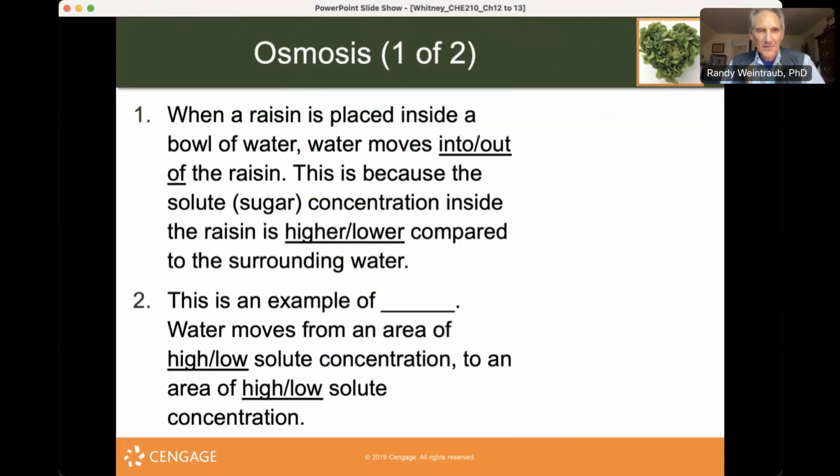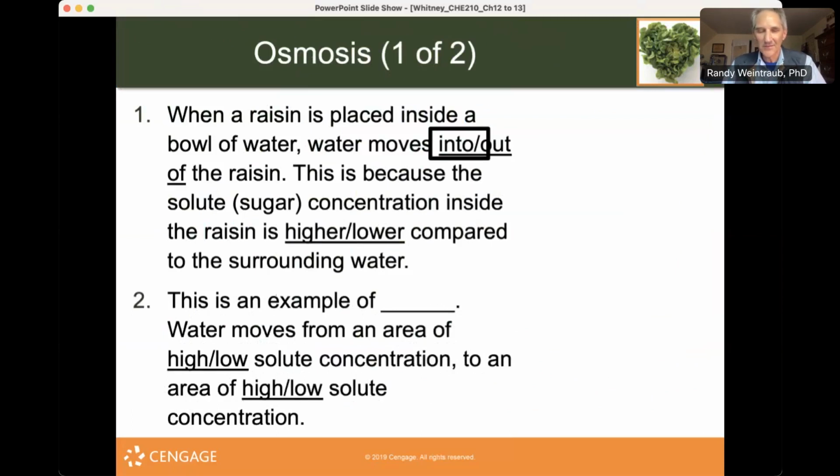When a raisin is placed inside a bowl of water, think about what happens there. Water moves which way? Out of the raisin, or into the raisin? And think about why that happens. Well, water would move into the raisin. Why is that? There's more particles, or a higher concentration, inside. And in all of chemistry,